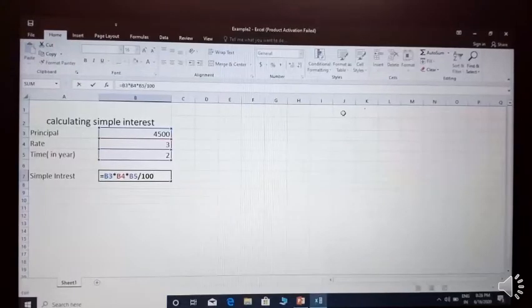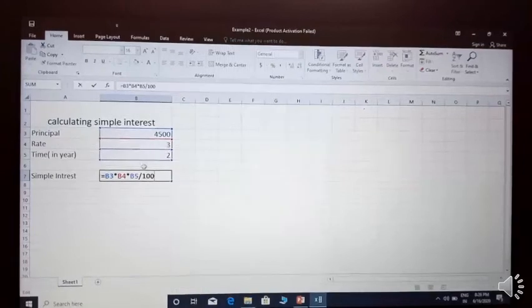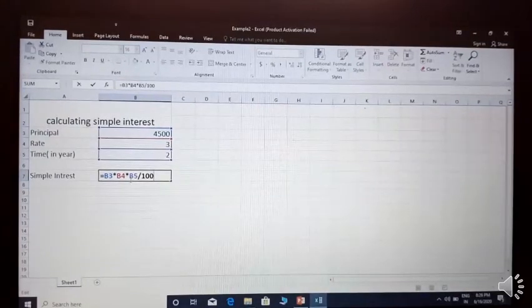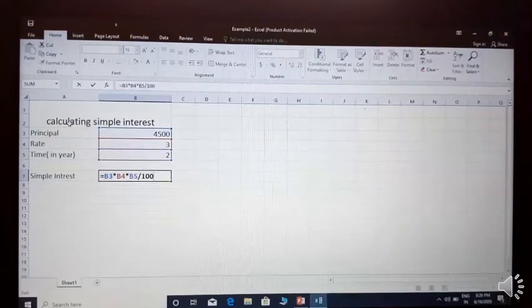My second example is on page number 14. I will also give you the snapshot of this one. So what we have to do in this example, I am showing you multiple operators. If you want to use multiple operators in your formula, then we use this method. What is the method? First, feed the data. So this is step 1, enter the data. We have already entered the data. Now click on this cell. This is our cell. And what we have to do?